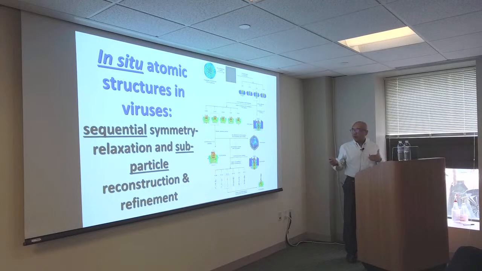We devise a mechanism that can take advantage of that, making the assumption that the protein and genome are interacting specifically, so there's only one arrangement. There are 60 different locations on the virus where the genome could possibly be arranged, so you need to fish out that one out of 60 arrangements. You can take advantage of the symmetry and do this cyclically, then fish out the possible arrangement based on computational classification.